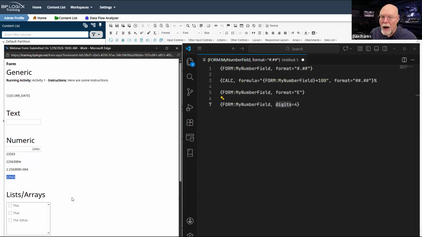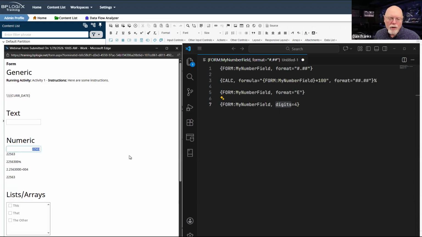It will not truncate my number if it is larger than 4 digits. So from 0 to 9999, it's going to show me 4 digits for the number. As soon as I get to a 5-digit number like this, it is going to become a 5-digit number. This is not a limit. This is more of a formatting thing.